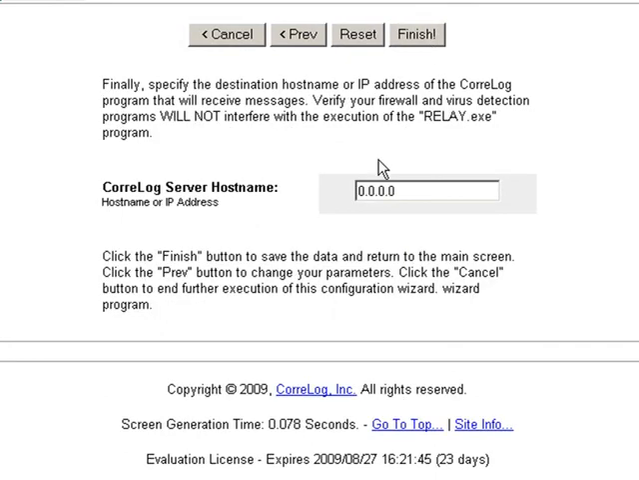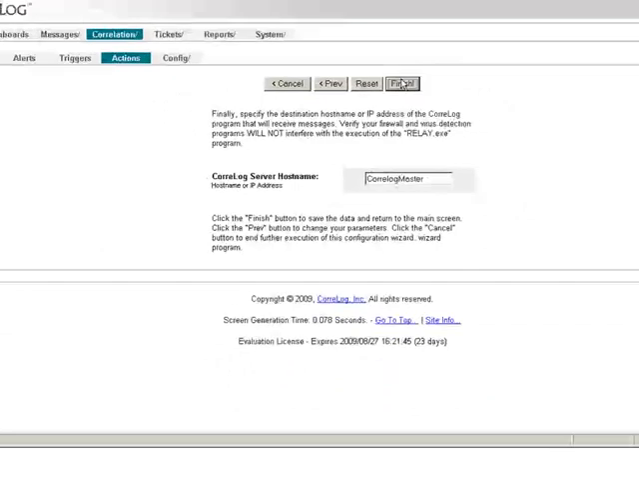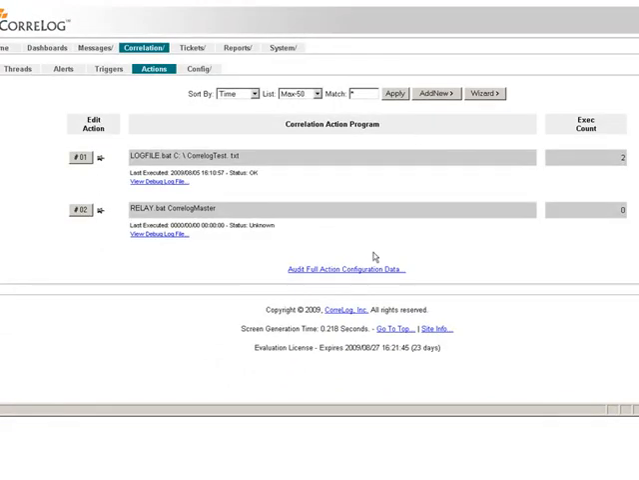We'll say next, and we'll enter in the master CorreLog server. Say CorreLog master in this case. And this would be a slave server sending up all its data to a master server. The reason you would do that is if you had multiple networks, let's say over a WAN,